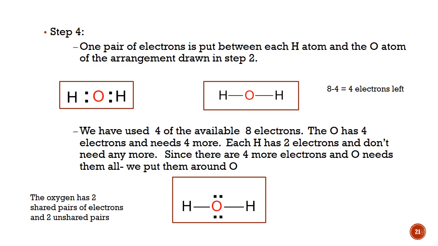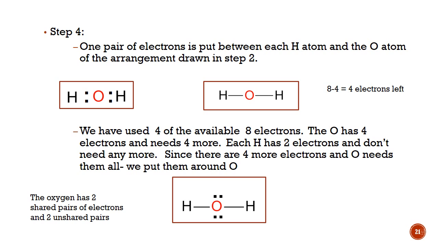So to do that, we're going to first bond together the O's and the H's. So if I draw a bond between the O and one H, I've used up 2 electrons. If I bond the O to another H, I've used up another 2 electrons, so a total of 4 electrons. So I've used up 4, but I still have 4 left. When you observe the molecule, you notice that each hydrogen is now satisfied because they have 2 electrons, but the oxygen only has 4 electrons. It needs 4 more. I have 4 more to give it,